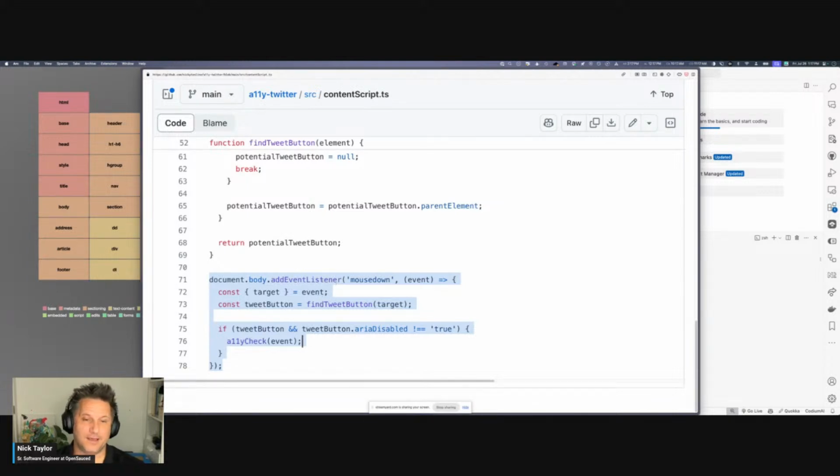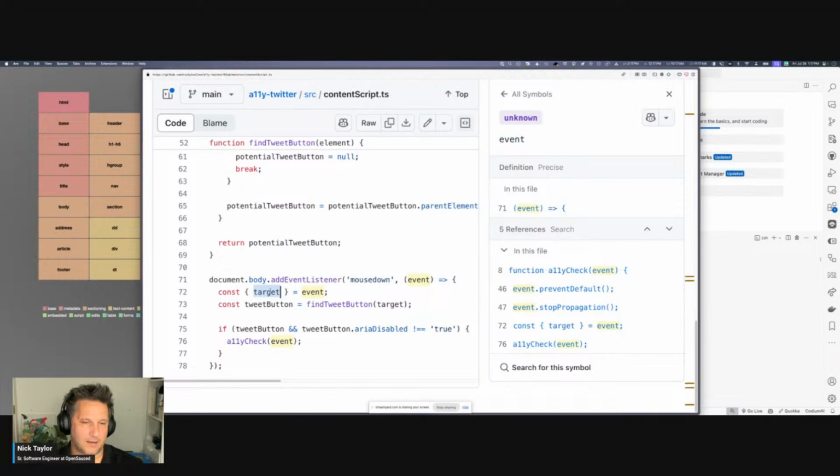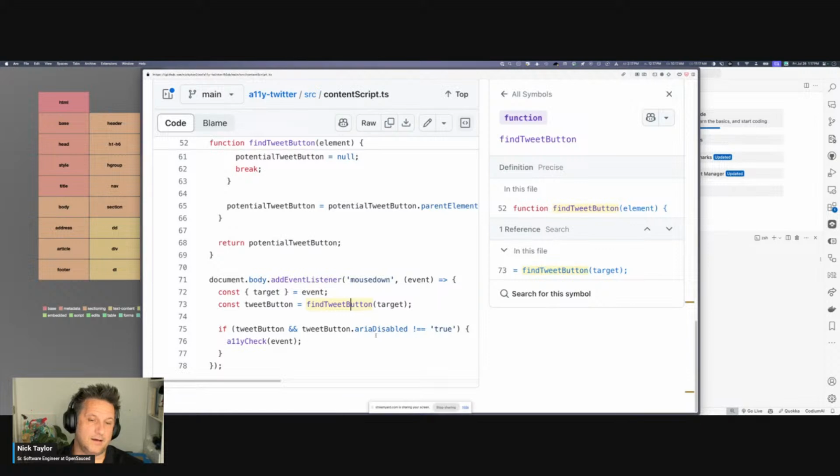This is kind of like an onMouseDown if you're familiar with React. And I'm basically saying on the mouse down, I'm going to get the target. The target is the element where this event is occurring, which is the button. And then I say go find the tweet button. And that's because